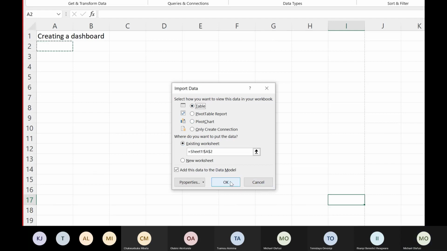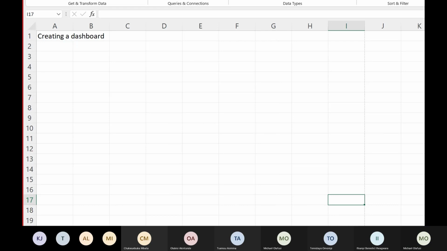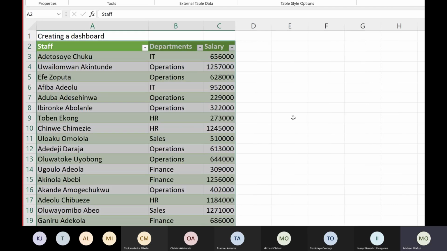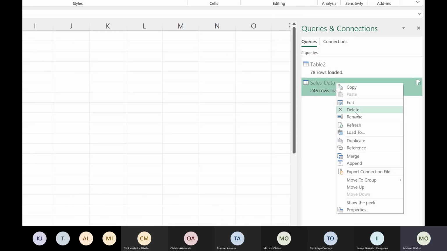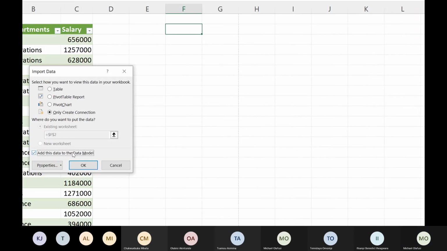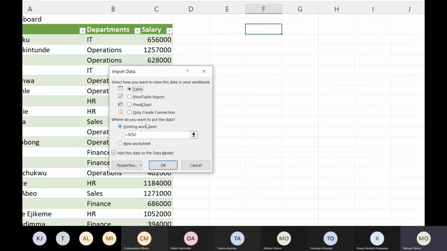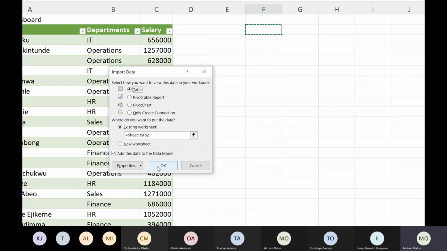Okay. Good. So this is the HR data now. I want to put the other one right beside it. So I want to put this one right beside it. So table, I want to put it here.